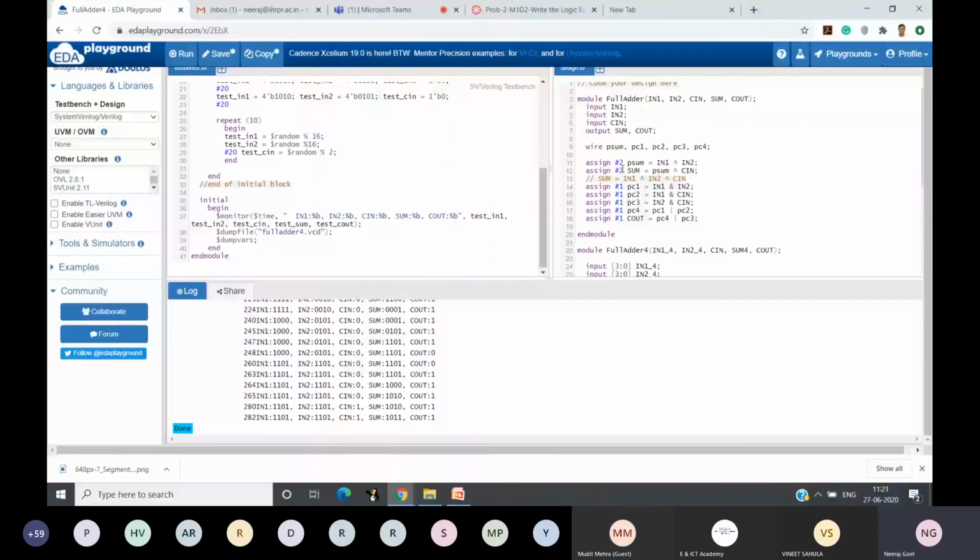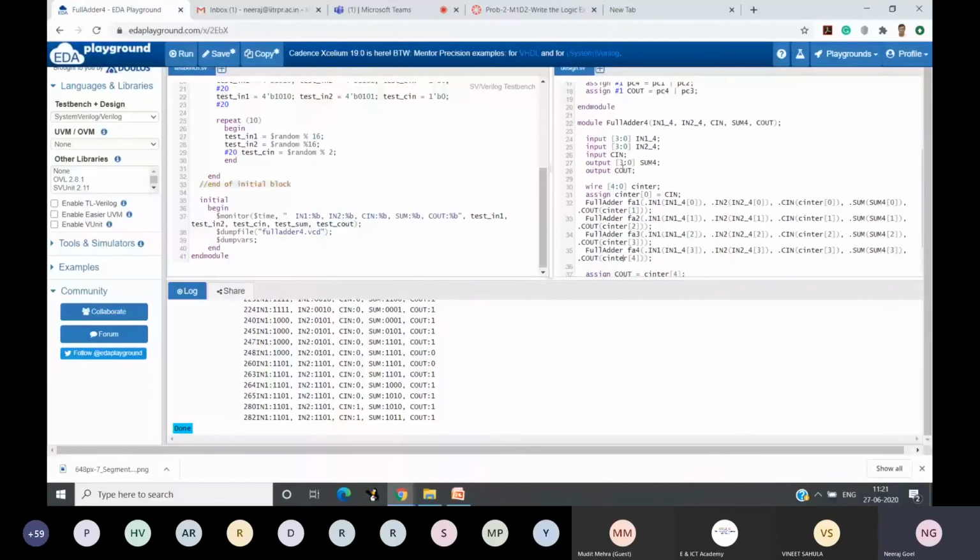Okay. So now, if I have to design a 4-bit adder, the way it is done is like this. I'm taking again the same 5 inputs, IN1. I'm writing _4 just for disambiguation, not any other major purpose. So we can still say IN1, but for disambiguation, I'm writing IN1_4, IN2_4. So these are the 2 inputs, and similarly C in, sum 4, and C out.